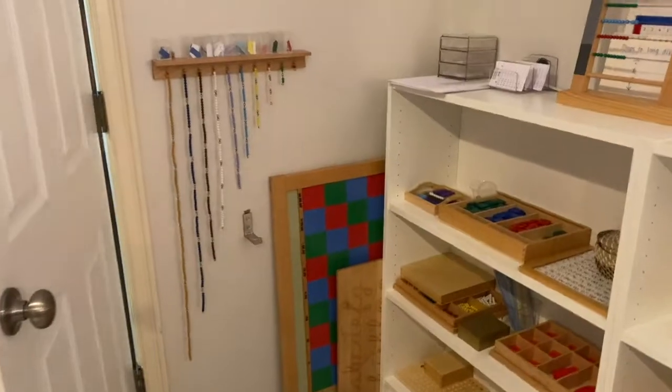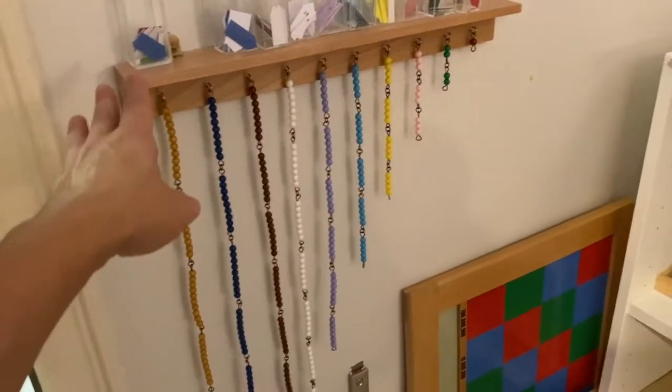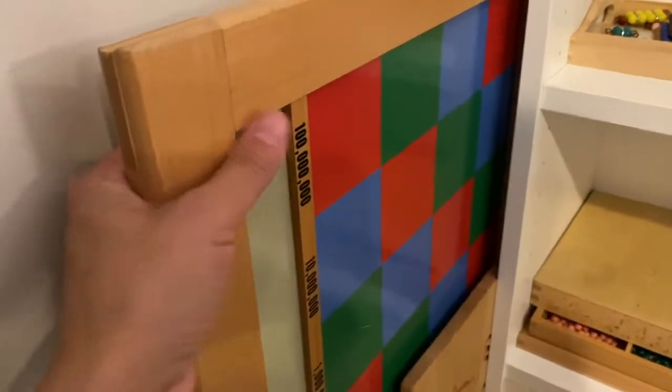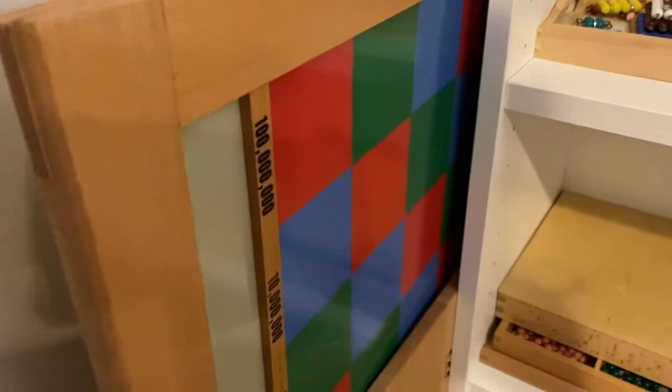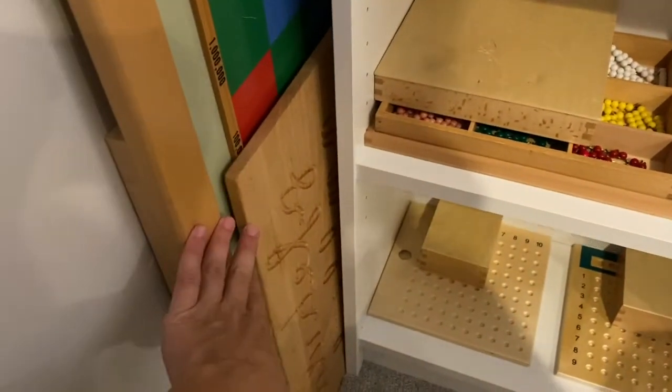And so over here, we have our math area. We have the short chains, which Nora works with. And then we have our larger, bigger board stuff. So we have our checkerboard. We have a cork board for the geometric stick materials. And it's not math at all, but it's our big board for cursive tracing. So they all tuck in behind the